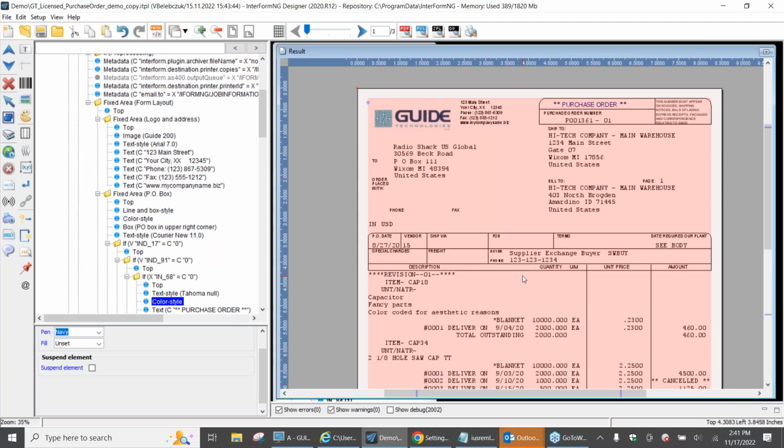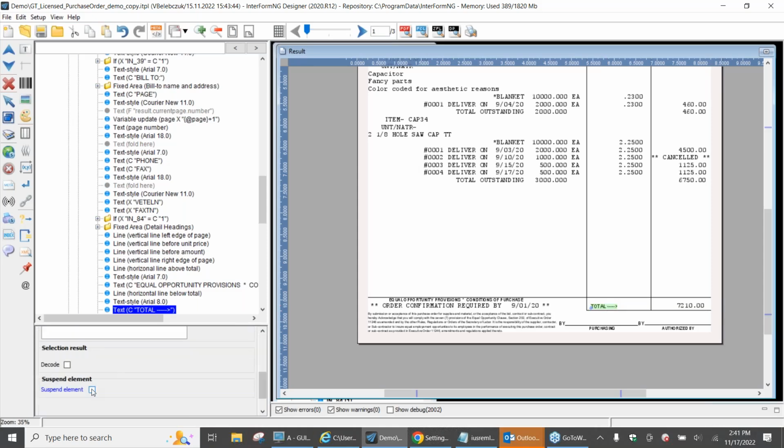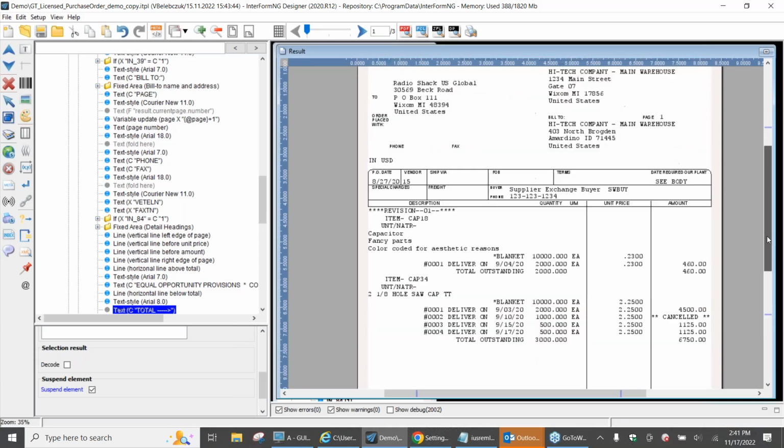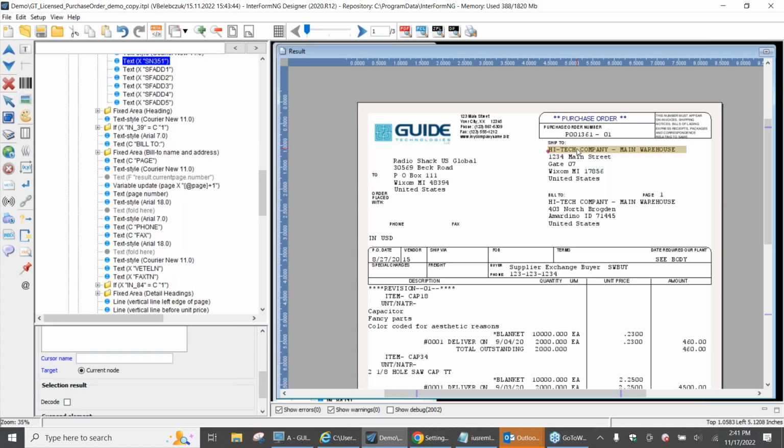It's easy enough that if you decide you don't want to see a particular field, yes, you can hide that particular field. No big deal. Boom, it's gone. But we can also condition the display as well. We had one customer that had different companies. So for the purchase orders, the template was designed to look at the name of the warehouse, and depending upon what that warehouse name is, it would on the fly change what logo is being displayed,